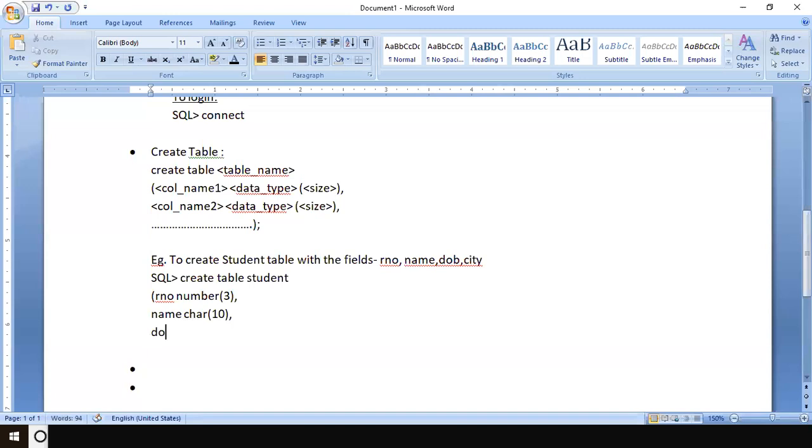Then DOB, data type is date. Remember, for the date data type in Oracle, you don't have to specify the size. It will automatically take it. Oracle has its own predefined format, so it doesn't vary. For the date, it is fixed. So I specified it as date.